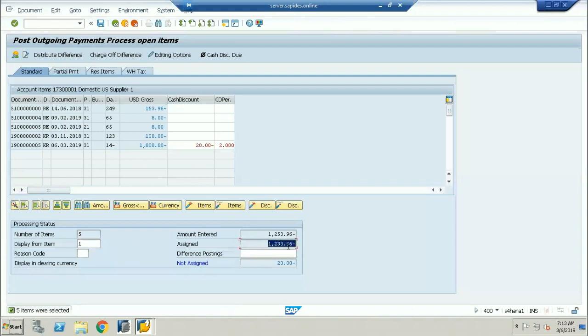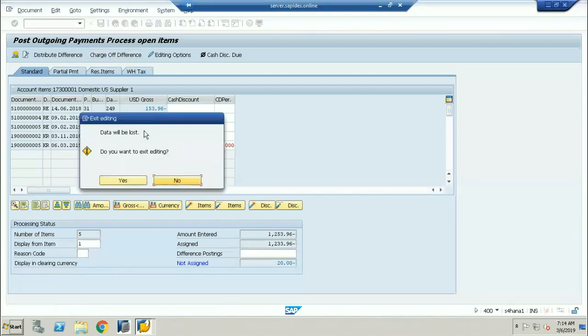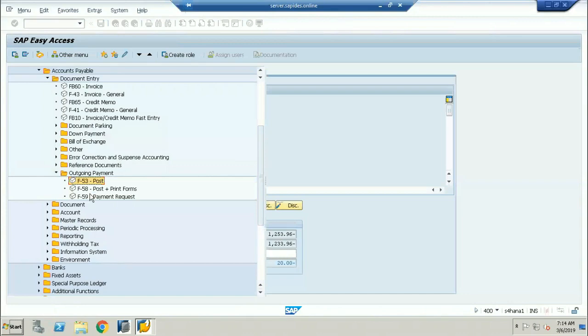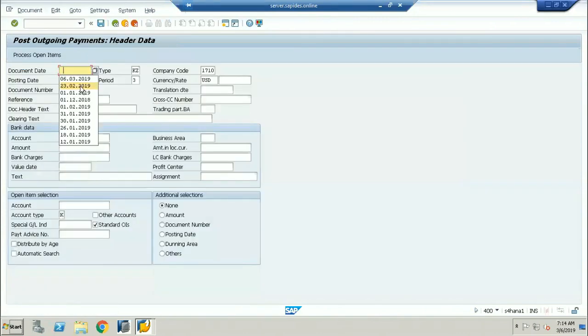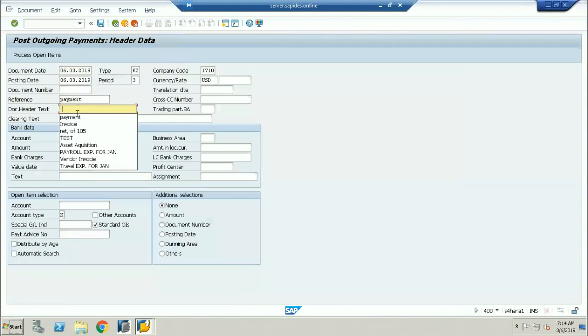So what I will do, I'll copy this amount, because after the cash discount this is the final amount which I'm going to be getting. Just one second, sir. I'll go to the difference, the change of amount. Oh, sorry, I came back. I'll just enter that amount, because I'm getting a 2% cash discount.